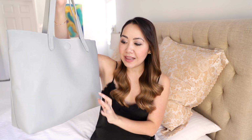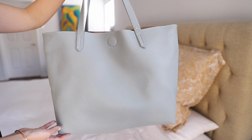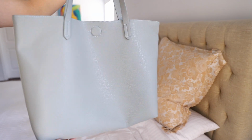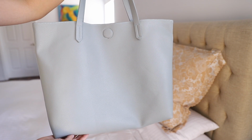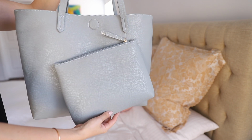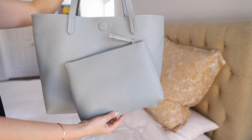So the first bag I wanted to mention was this BP tote, and this is priced at $48 or $49, I think, which is an absolute steal. And this is faux leather. It's this beautiful kind of minty seafoam blue-green color. Really, really pretty. It also has a contrasting lining as well, so you do get that kind of jewel color. Really lovely. You get a pouch on the inside also, and apart from that, it's just a big old roomy tote. So there are no pockets or anything like that, but this was priced so well, I thought,